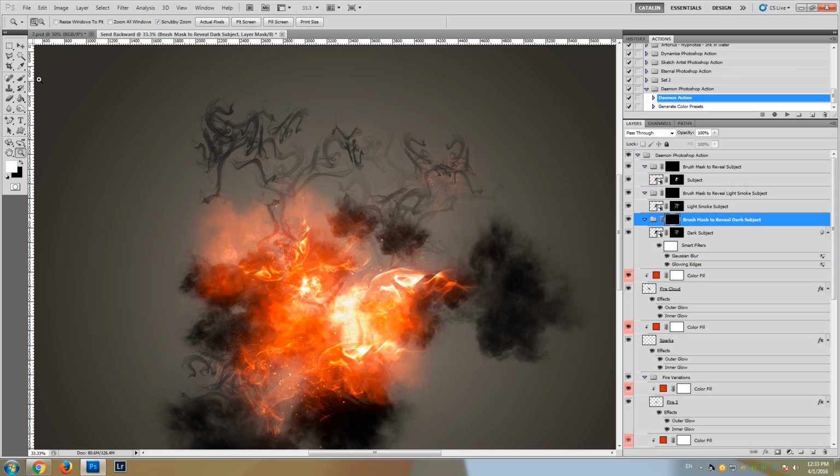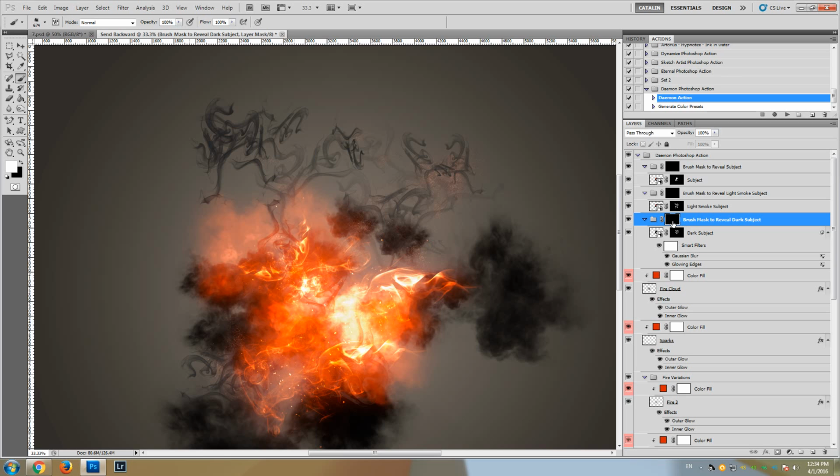We're gonna use the brush tool, and the action has already provided a default brush. It is selected. You don't have to select anything else. It is a brush of smoke,